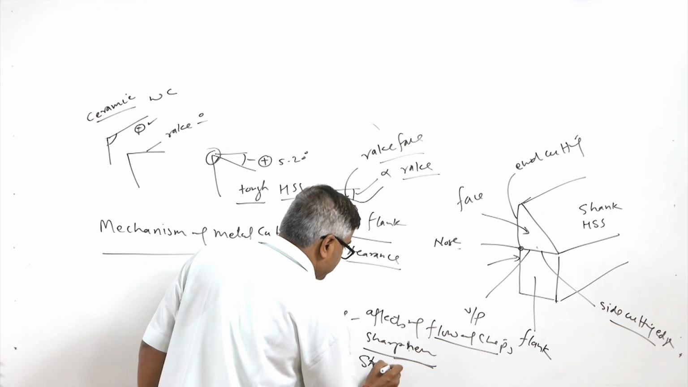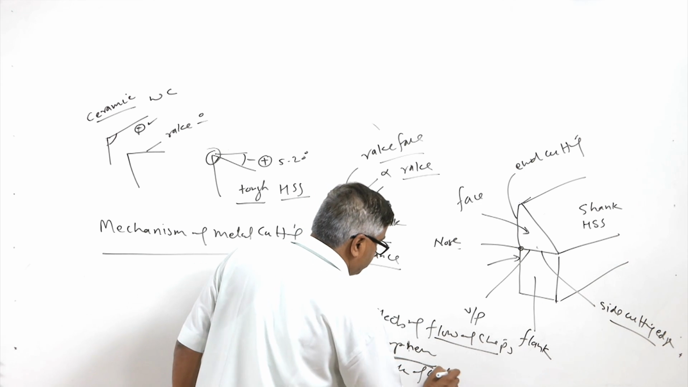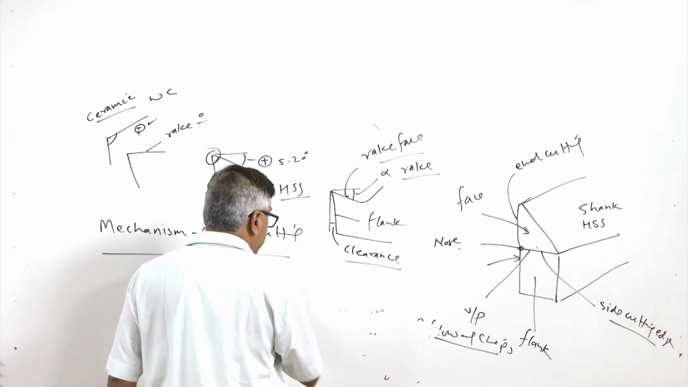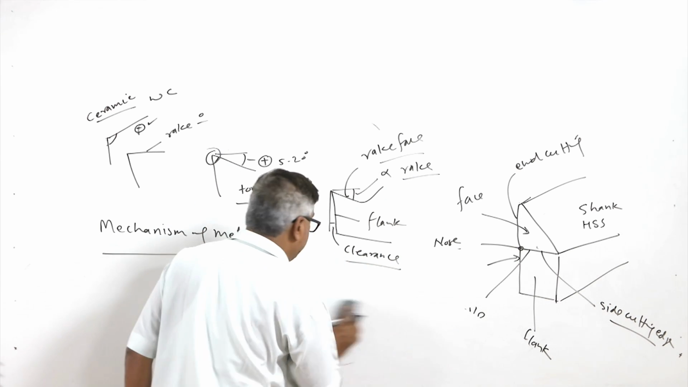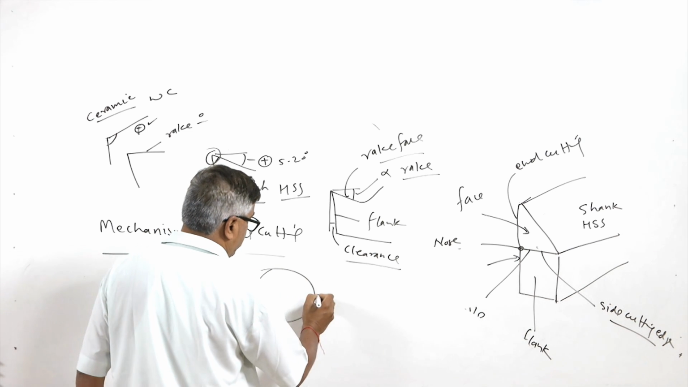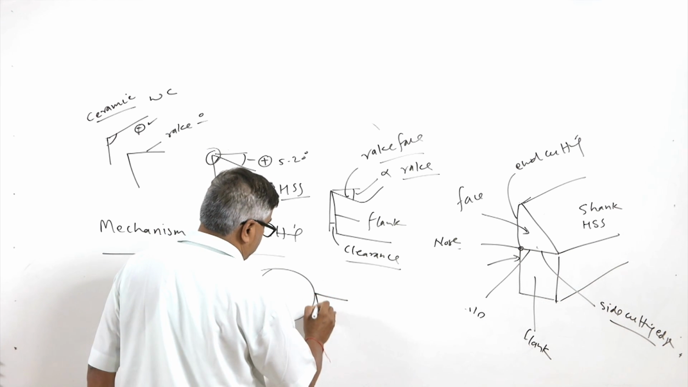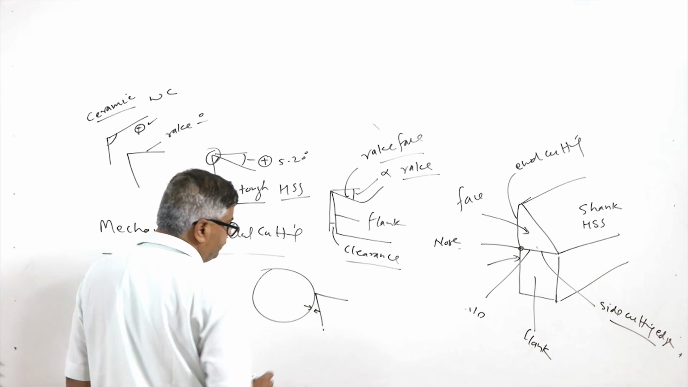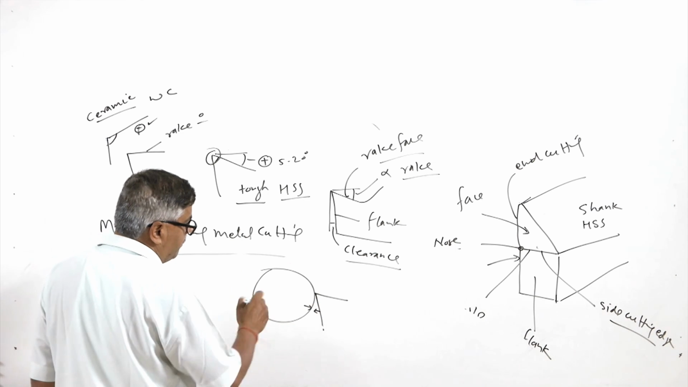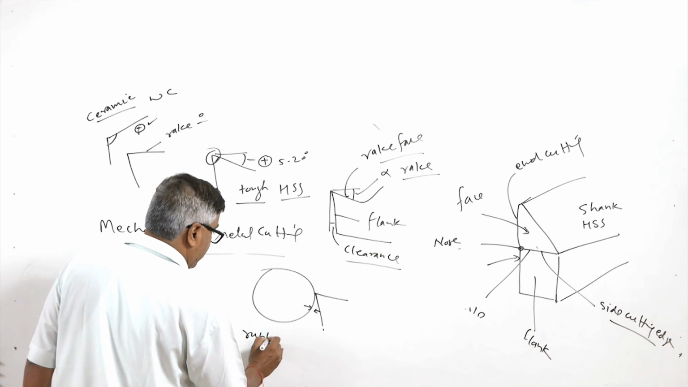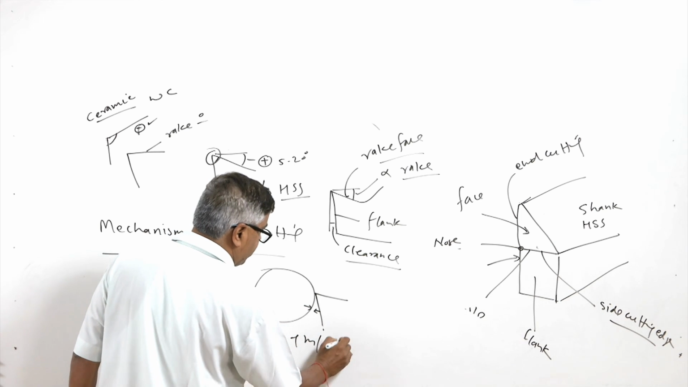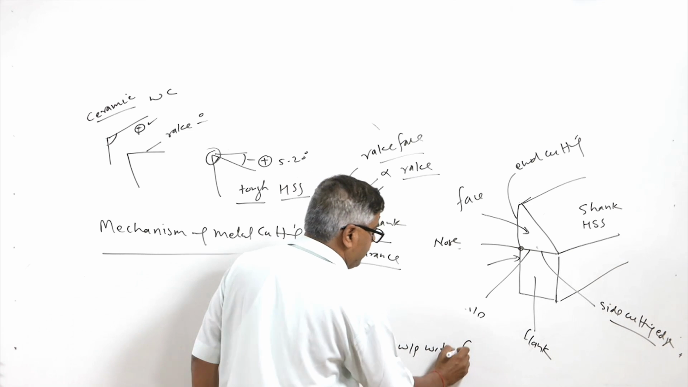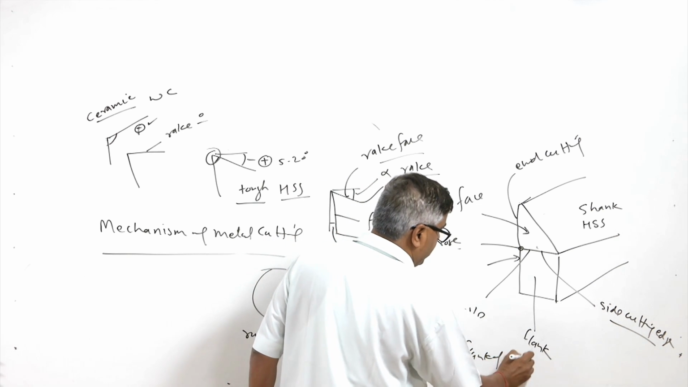At the same time, it also affects the strength of the cutting edge, because it determines the cutting edge cross sectional area. On the other hand, the relief angle or the clearance angle avoids the rubbing of the workpiece with the flank of the tool. So, to avoid the rubbing of the machined surface of the workpiece with the flank of the tool, some